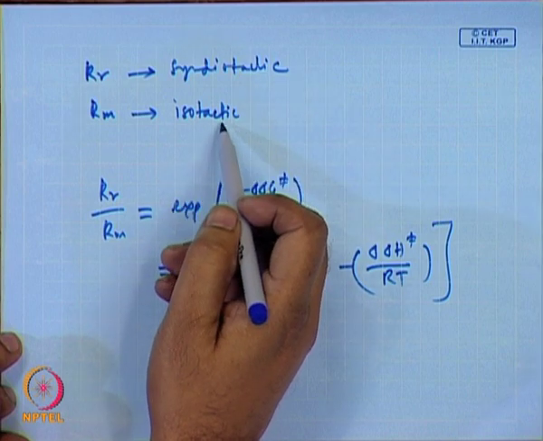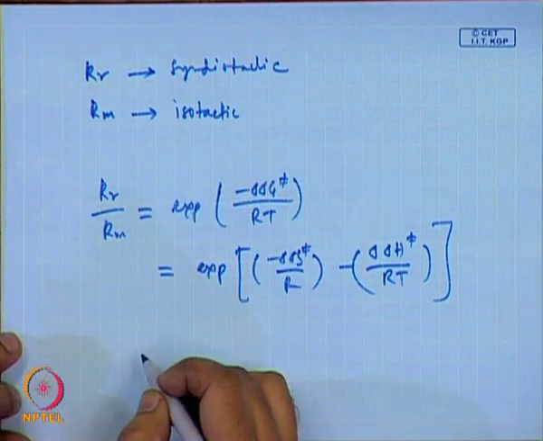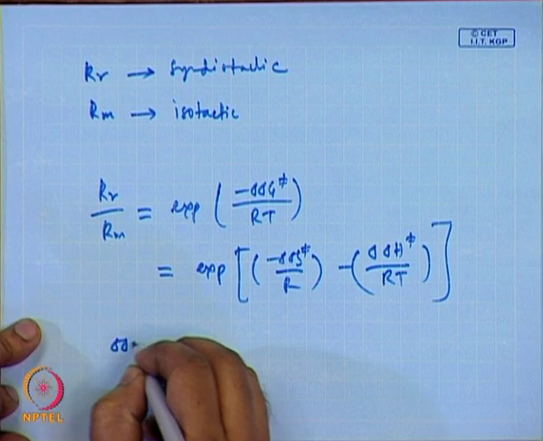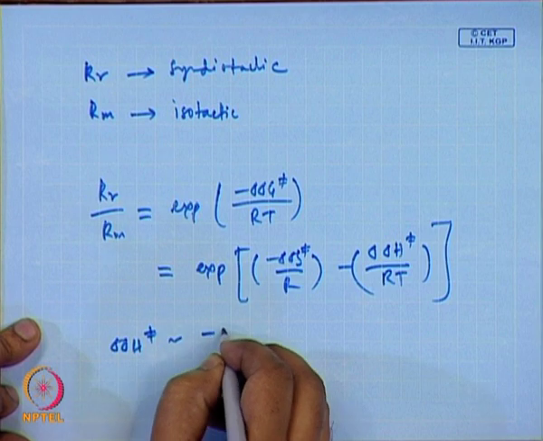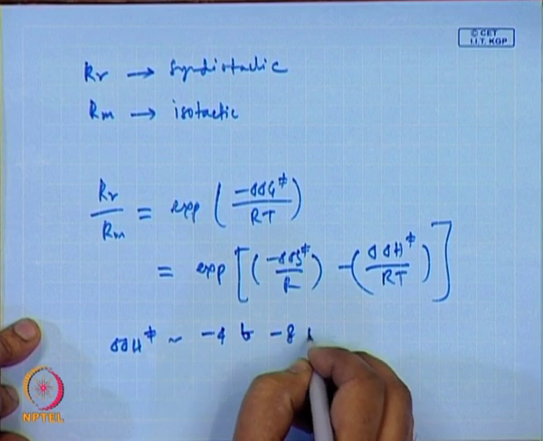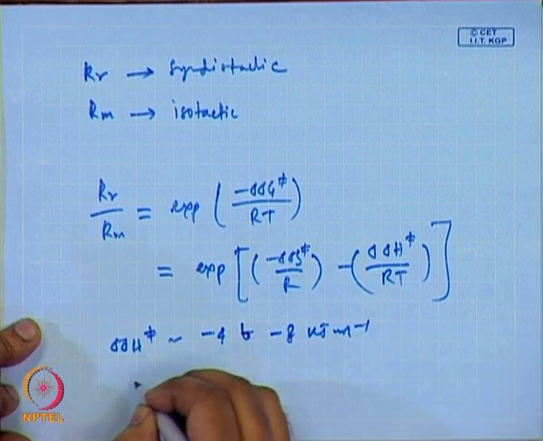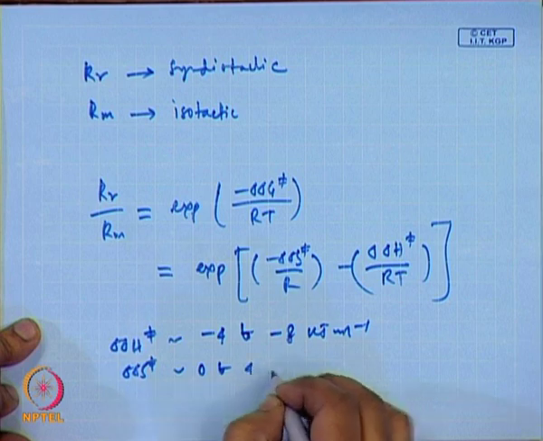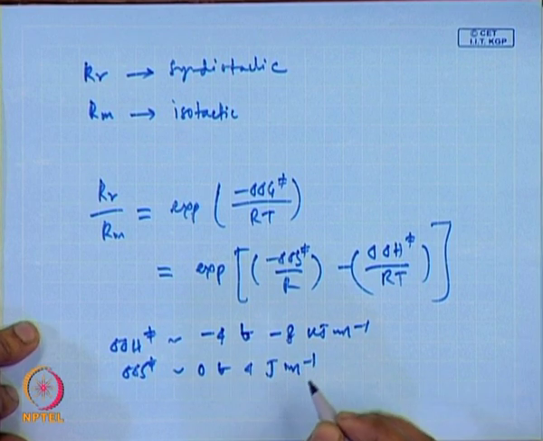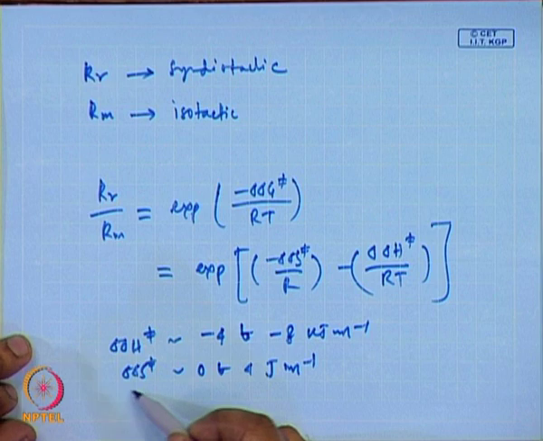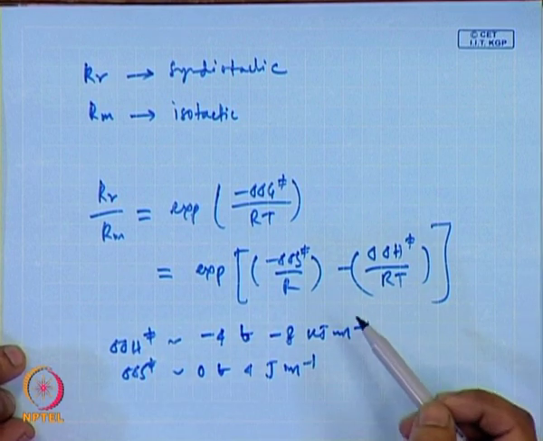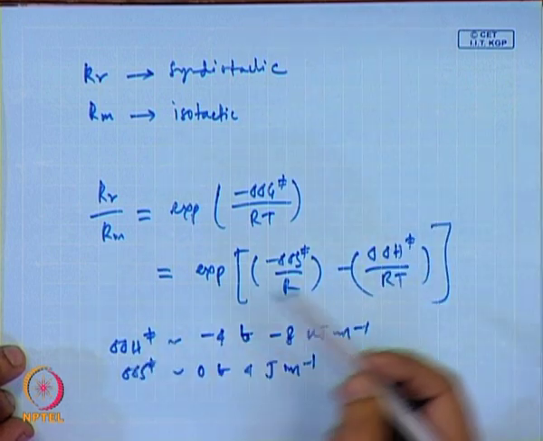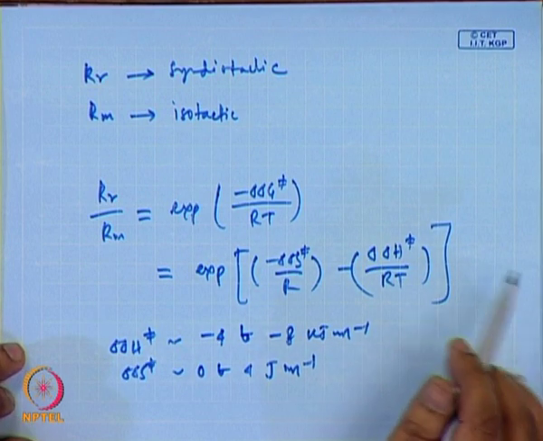One is isotactic and the other is syndiotactic formation. From experimental data we get this around -4 to -8 kilojoule per mole, and this we get around 0 to 4 joule per mole. So, this is very low. So, the preference would be determined by the difference in their